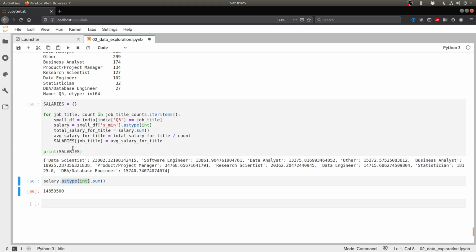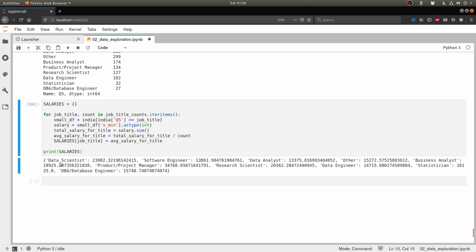So there it is. We have corrected the name, and we see that the average salary of a data scientist in India is $23,000. That of a software engineer is much lower, which is $13,000. That of a data analyst is, well, surprisingly less than that of a software engineer, which is $13,375. It's a difference of $500 per year, which is still a sizable amount. And there is the other field which has a high salary, but it's just a collection of whatever fields didn't already occur there.